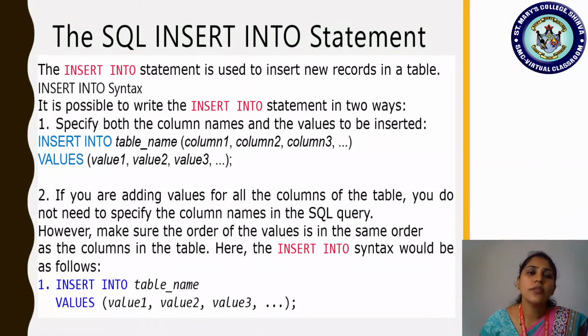This is done with the SQL insert into statement. This insert command or statement, insert into together. Insert into is a keyword. Okay. So this is the one we make use of to add the data. The insert into statement is used to insert new records in a table. Remember, insert into is a keyword, just as create table is a keyword. Okay. So just observe how the insert into syntax goes.